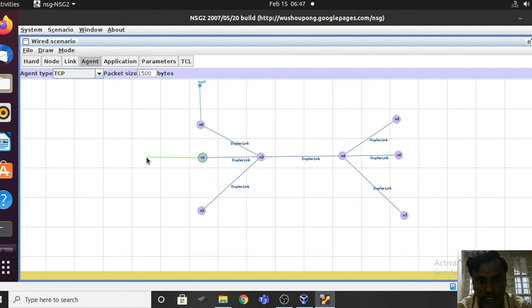I want to transfer data from this node to the 6th node, and I'm going to take one more agent for this node. So these are the agents at the source side.